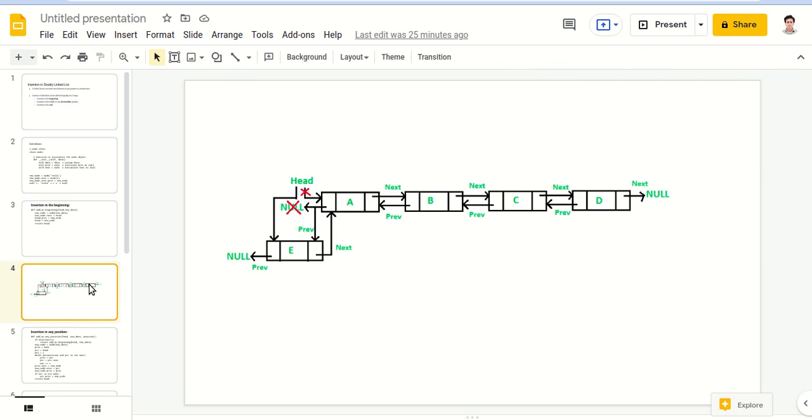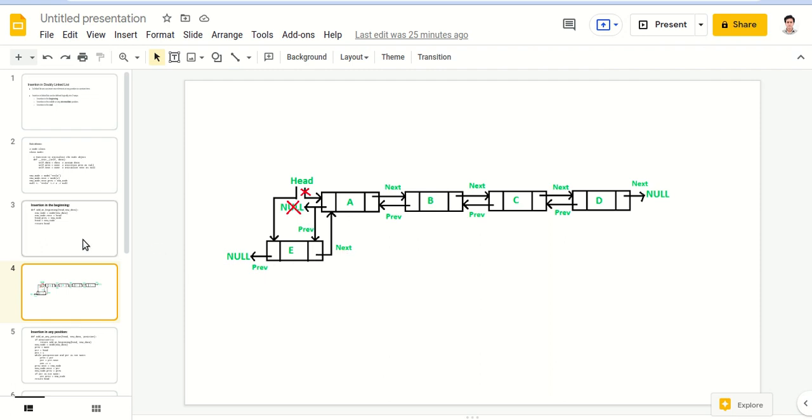In the diagram you can see A, B, C, D. These are four nodes initially in the doubly linked list. The next of the last node D points to null, and the rest of next and prev are pointing to the next and the previous nodes. Now we want to insert E at the first position.